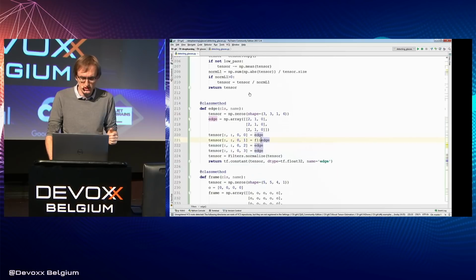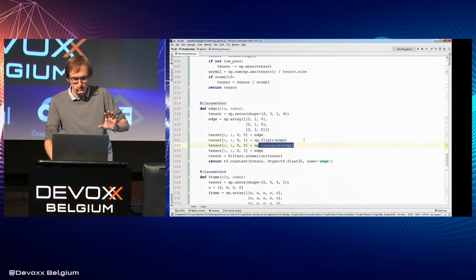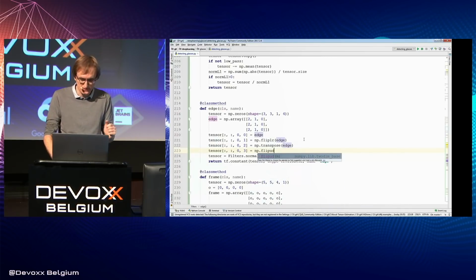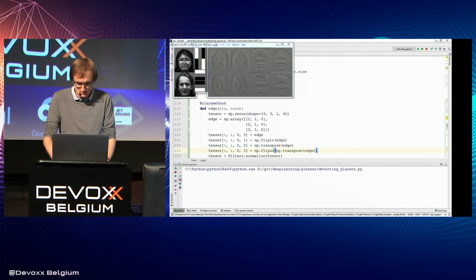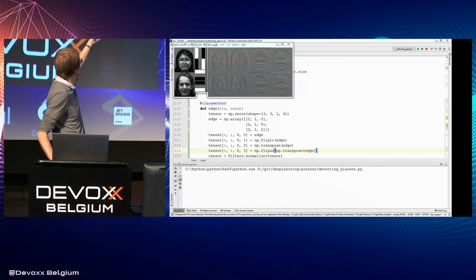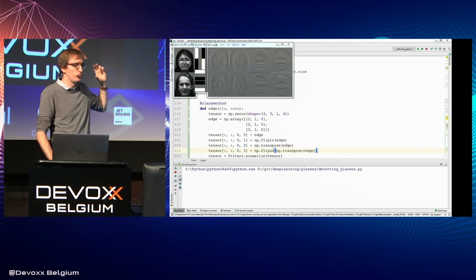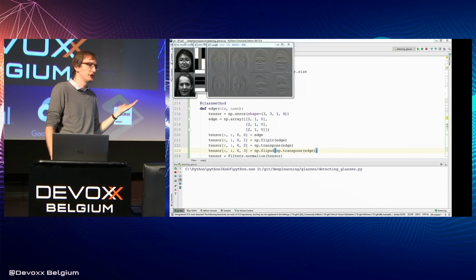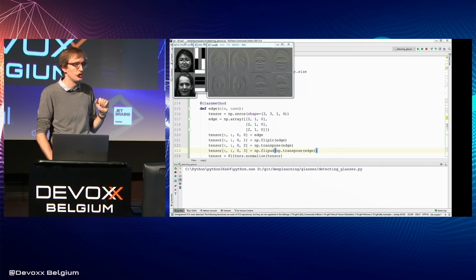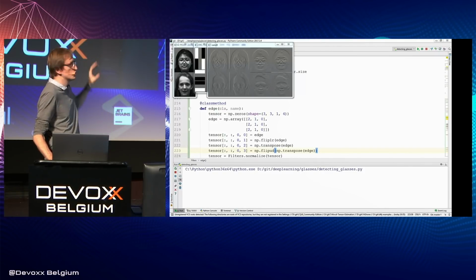Similarly, the right filter is just a flip of the left filter, and top and bottom edges are just transpose of the left filter and flipped transpose, obviously. So let's run and see the results. Nice. So we have 2 images of ladies. We have our 4 filters, left, right, top, and bottom. And we have the results for both ladies, a 4-channel result. In every channel, we have the detection of left edge, right edge, top edge, and bottom edge. The results are nice, but there is something which we probably don't like.